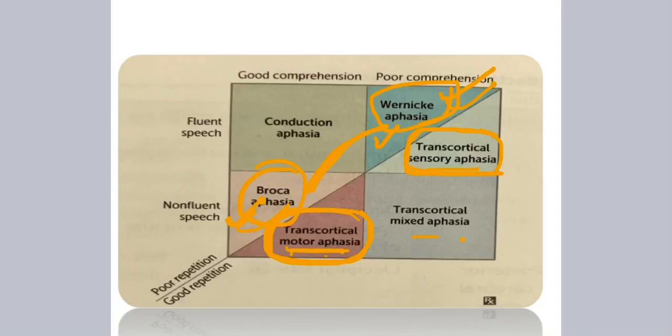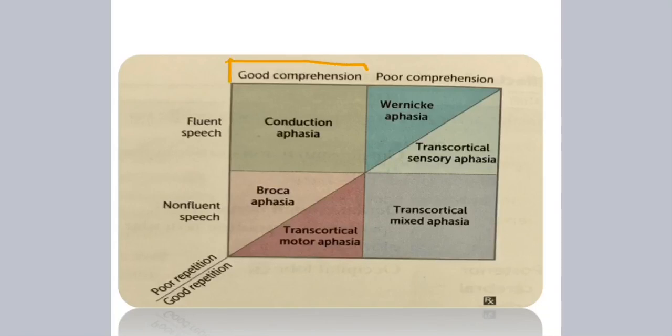Now if we look at all these things in this 2x2 table, first and foremost is comprehension. This part, falling under this line, has good comprehension. So who has got good comprehension? In the person with good comprehension, the function of which area is for comprehension? Wernicke's area. It means that person will have a very good Wernicke's area. It means it will fall under the motor part. So Broca's area will have good comprehension. The transcortical motor aphasia will also have good comprehension,